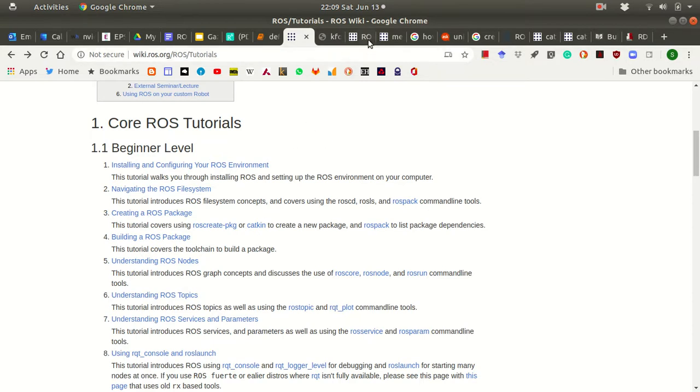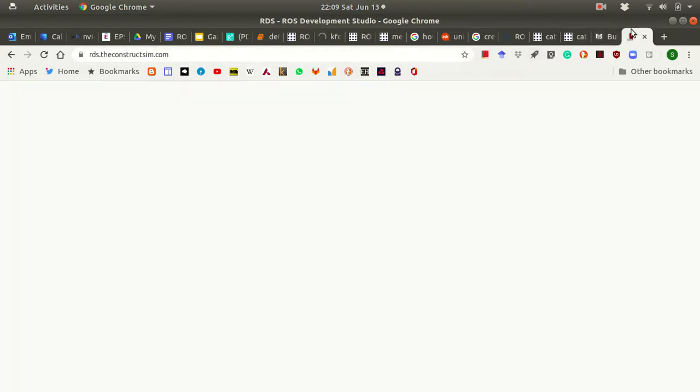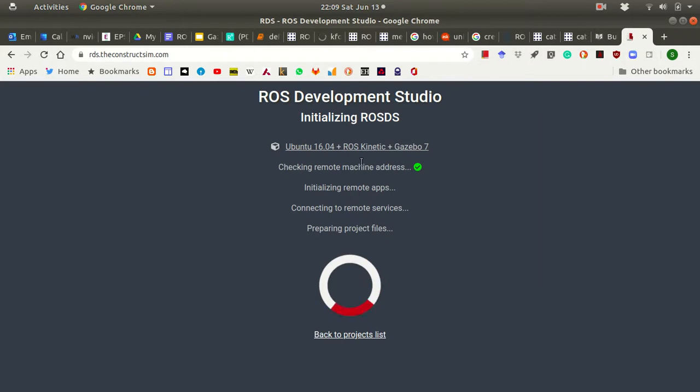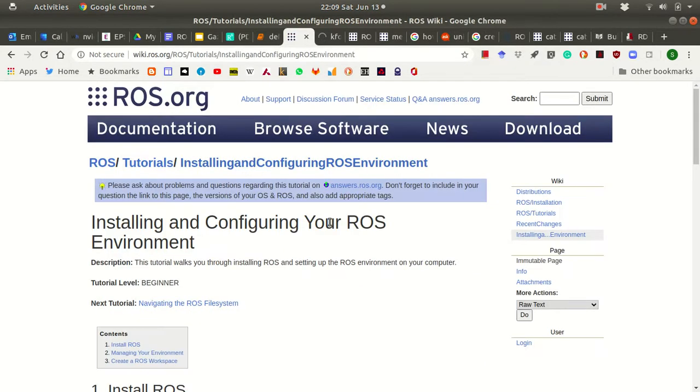So let's see if our environment is ready. Yes, it is setting up our environment. As you can see, it is creating instance of Ubuntu 16.04, ROS Kinetic and Gazebo 7. My network is slow, so you'll have to bear with me. Yeah. So while it is installing,